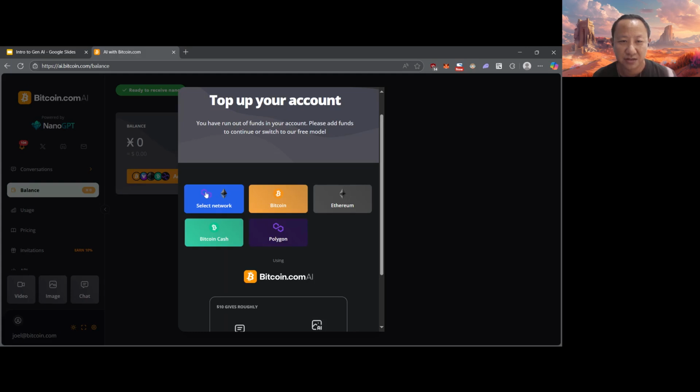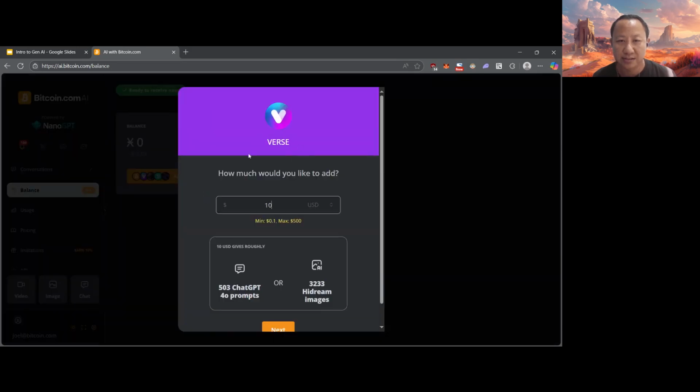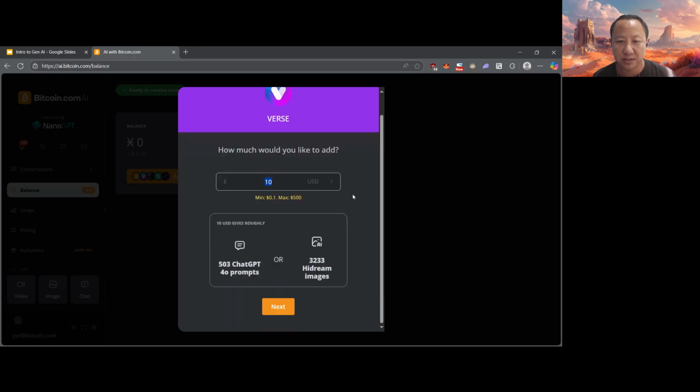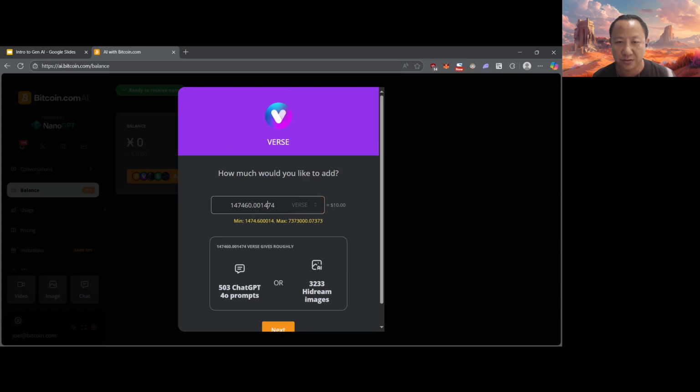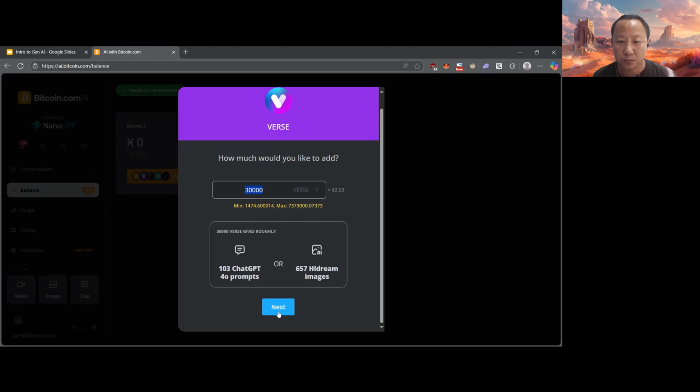Right, so you can select the network. I'm going to select Verse on Polygon here. I do have Verse on Ethereum, but I'm going to select Verse on Polygon. Right, and this is how much you would like to add. So again, you have to determine how much Verse you have to send: 30,000 Verse. So it's only about $2 worth of Verse, right? So not a lot. And of course, you can top up more, or you can top up at least 30,000 to satisfy the instant quest. All right, click on next,